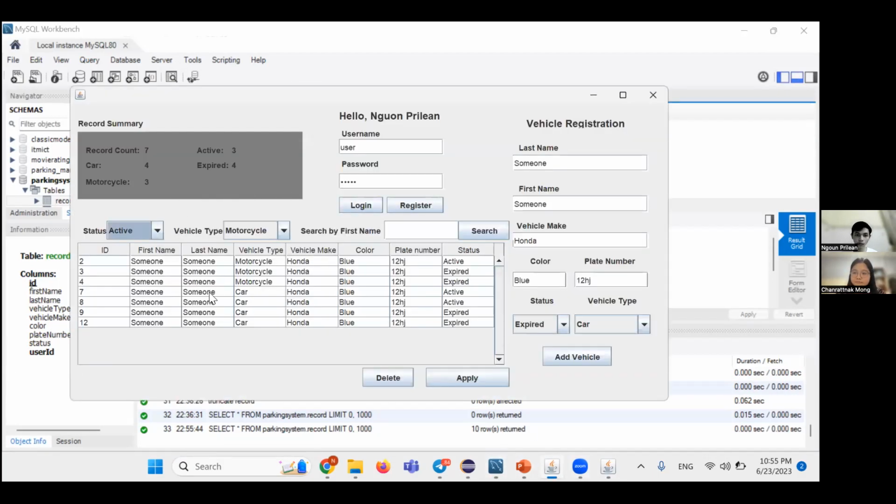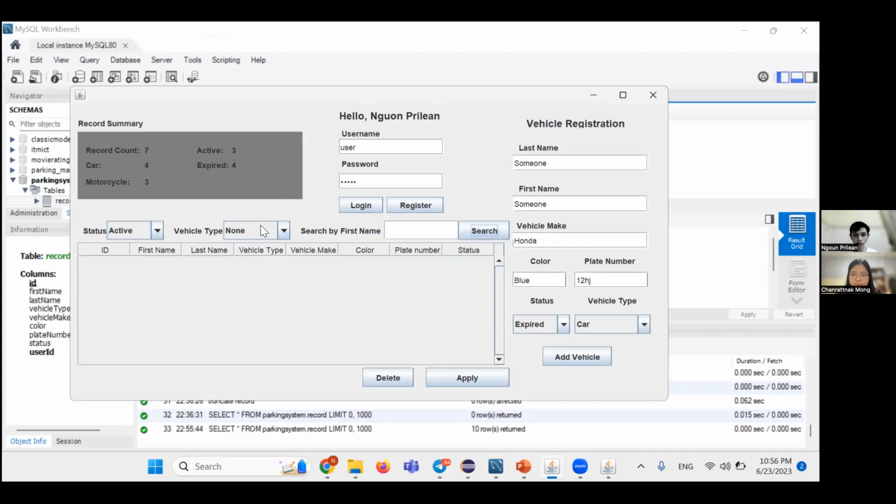What you can do with the table is filter it whenever you want. If you want to find only people that are active, you click active, click search, and it will show only people that are active. And if the motorcycle, oh,